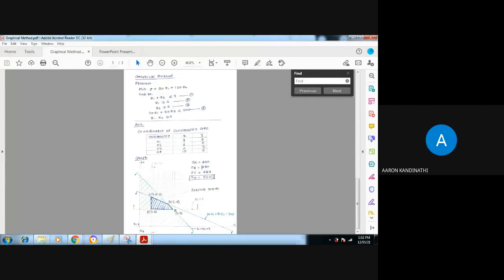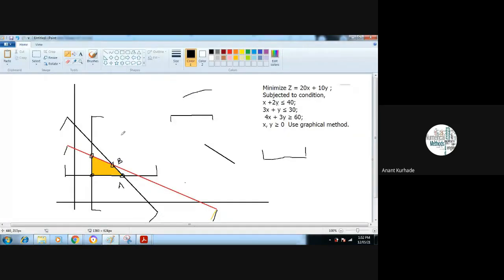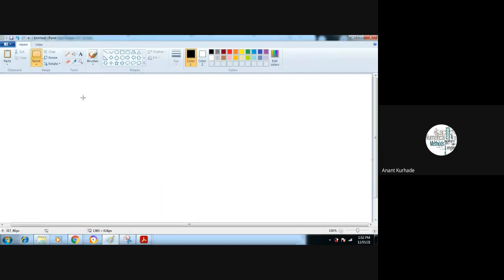Have you understood, if the line is horizontal parallel to X and if the line is vertical parallel to Y, where to draw this visible region? If you don't understand, then see again. Let me explain. Say this is x and y.